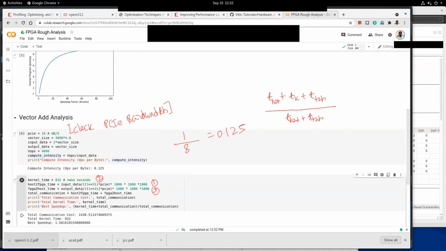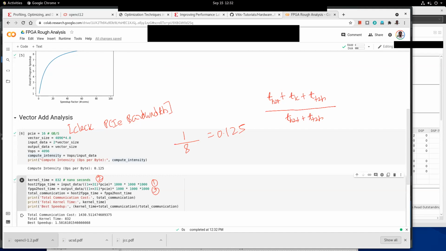If I'm right, we're all doing computations. Speed up doesn't have units. So the best speed up that we can get is 1.6. That is 50% speed up you will get. That is because there's a lot of overhead in the communication, and that communication overhead we are not able to mask in the particular way in which we have written the program.